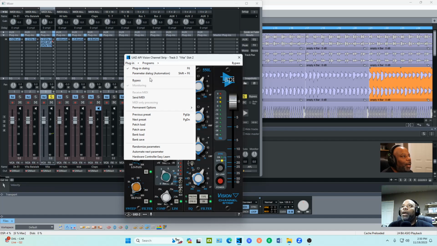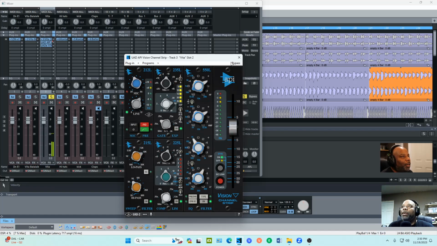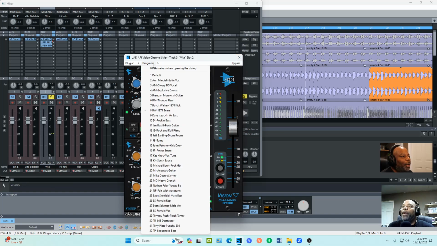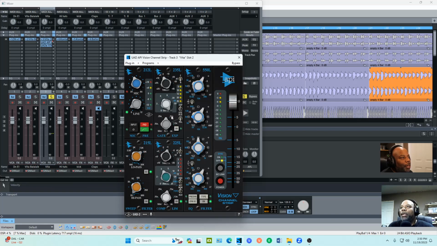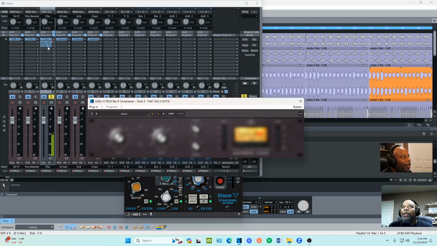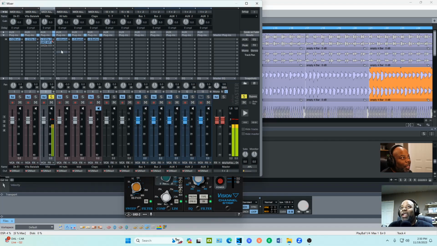Plugin, previous preset. Anyway, so I got to figure out how to do the preset. They got 32. I forgot what I just used though, but it said bass. So that's to turn it down. Oh, and another thing, we got to get rid of this one. That's why it was different.